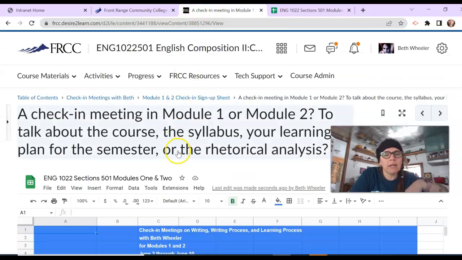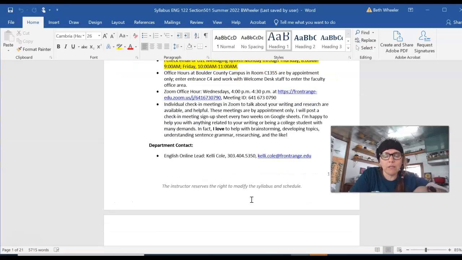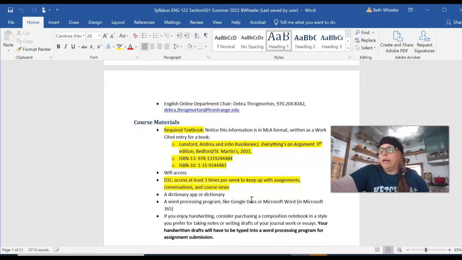And that's the check-in meeting information in D2L. There's more information in the syllabus about the check-in meetings later down in the syllabus. So just a couple more comments, y'all. So during spring 2022,